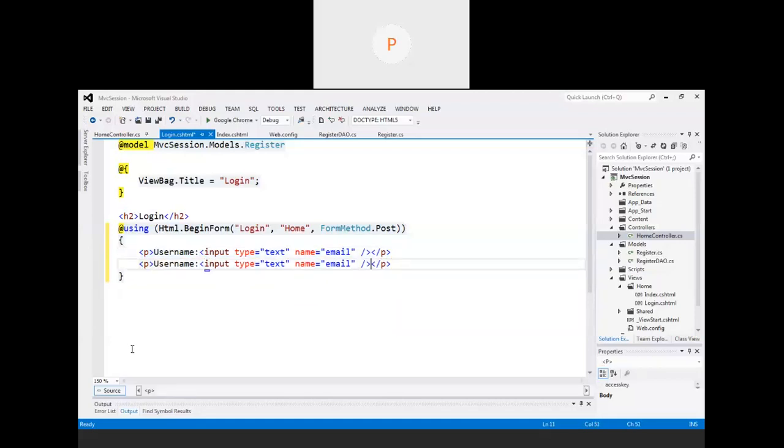Here the name will be password and input type will be password. Then input type submit, value equal to submit. Done.